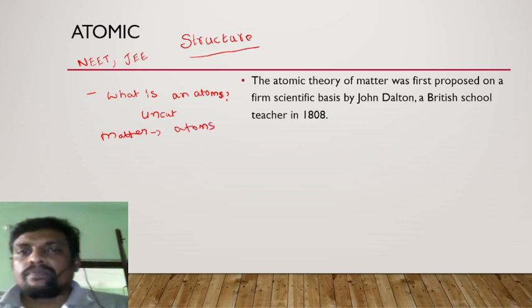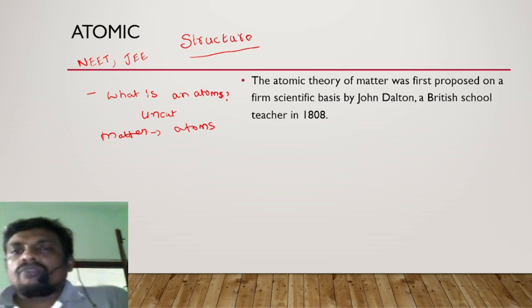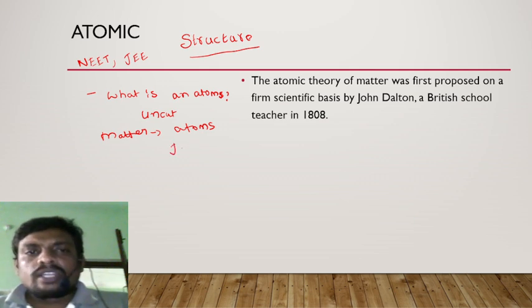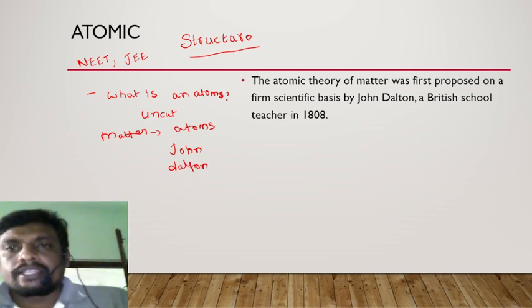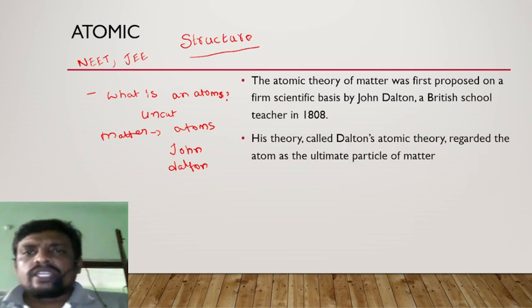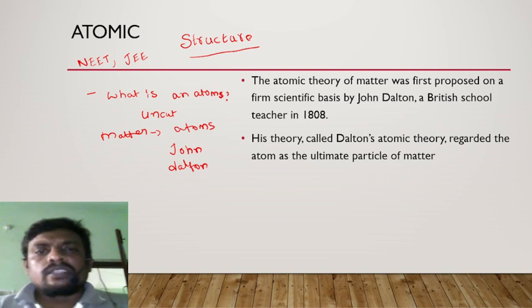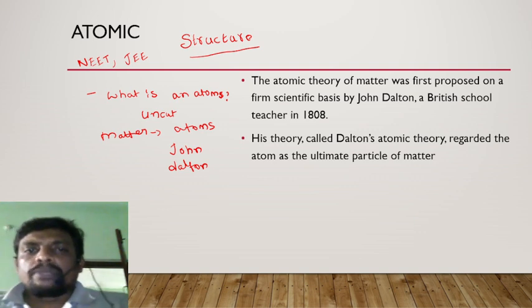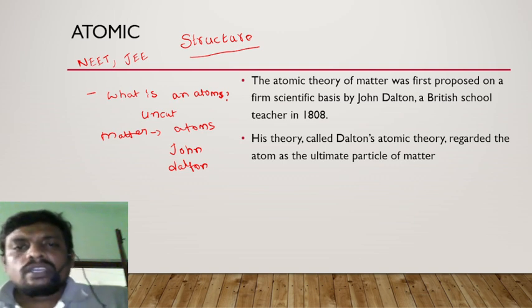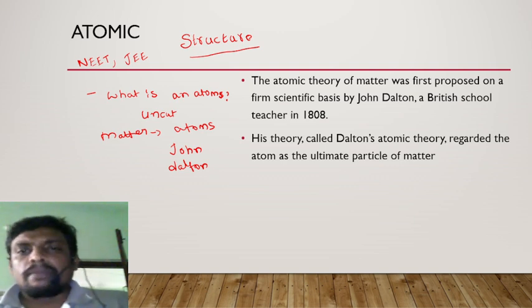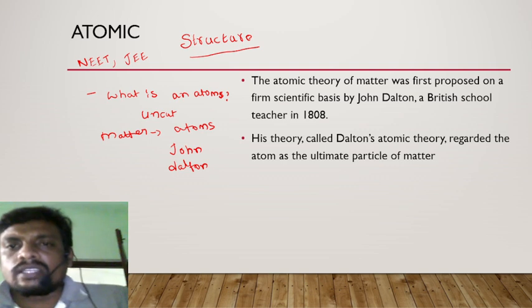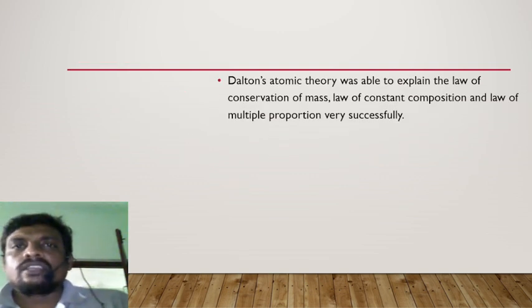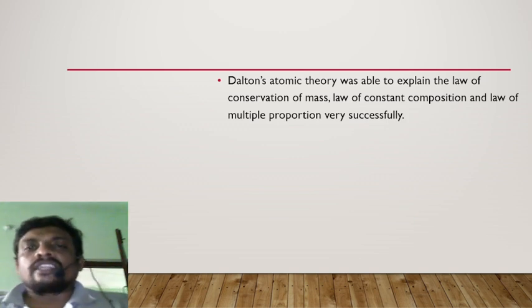Atomic theory was for the first time used to describe the structure of an atom. The atomic theory of matter was proposed by John Dalton in 1808, as you know very well. At the age of 12 or 13 years, John Dalton became a teacher, and he had been teaching various subjects like physics, chemistry and mathematics. Dalton's atomic theory is regarded as a best theory to understand how atoms are segregated and arranged.